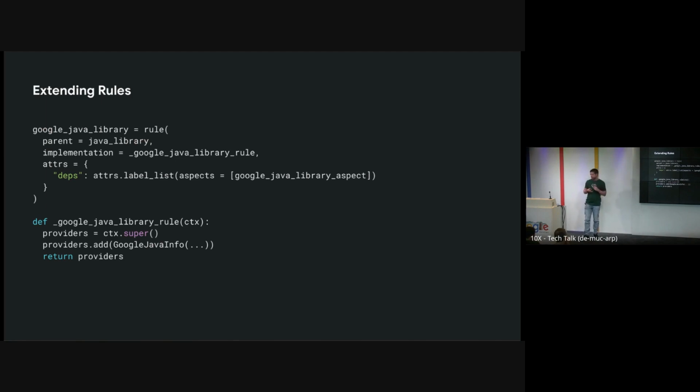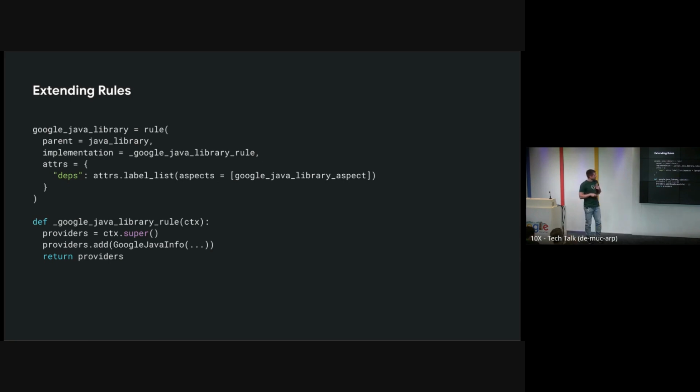So the public contract is somewhat compatible to the Java library rule. This somehow affects also the projects that Google open sources. If we would like to move a project from the Google tree into Bazel, we would like to keep the same interface for the rules, even if there are some features missing in the baseline rules.